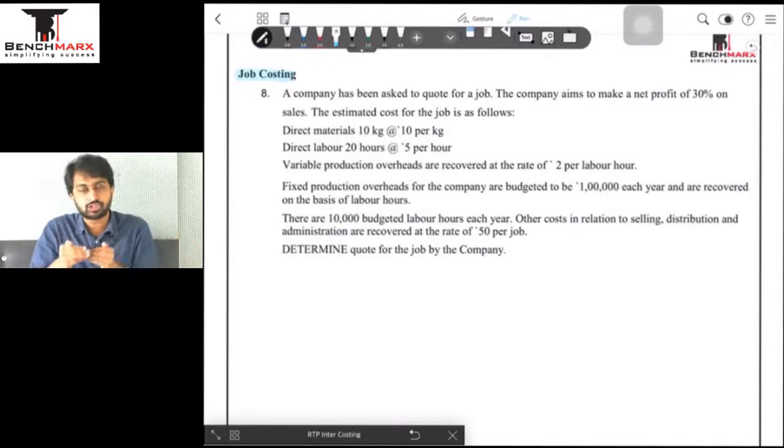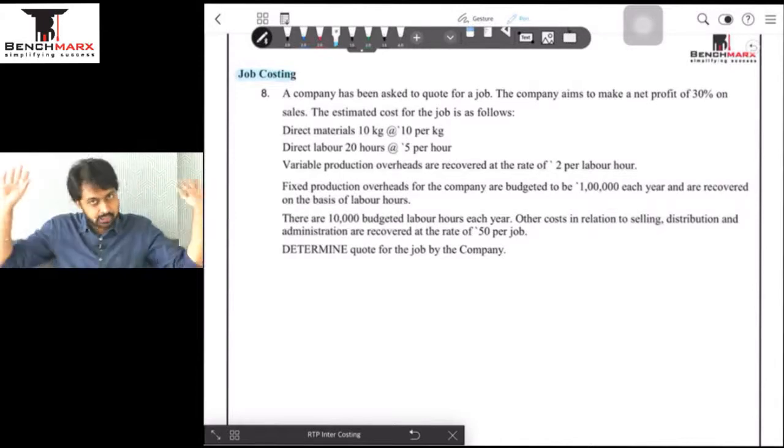So we are not preparing a cost sheet for a particular year. We are not preparing cost sheet for a particular period. We are only preparing cost sheet for one specific job and well that's it. DM will be given, DL will be given, absorption will be given, opening closing stock शायद नहीं दिया होगा because we are doing job costing. So opening jobs and closing jobs नहीं होगा and well that's it. So there is no new concept to be learned. It's only for a job that we are doing. And if the question has told us कि इस job के अंदर 50 goods है, then at the most we can find the cost of one unit by dividing the job cost upon number of units in that particular job. And well, that is it. कोई भी नया concept नहीं है.